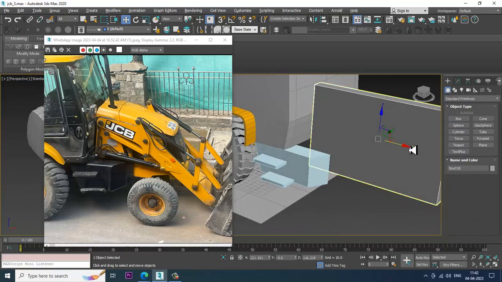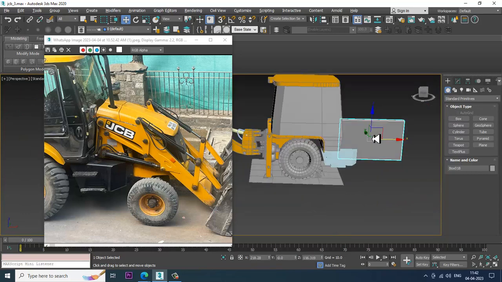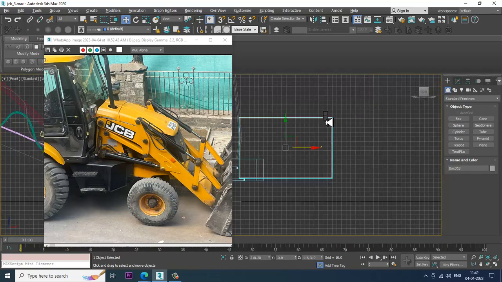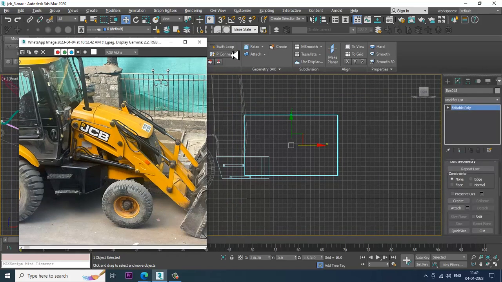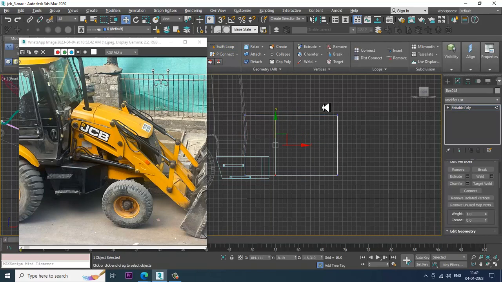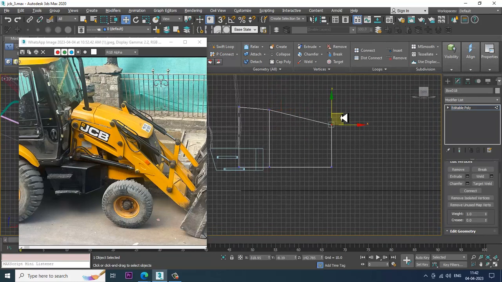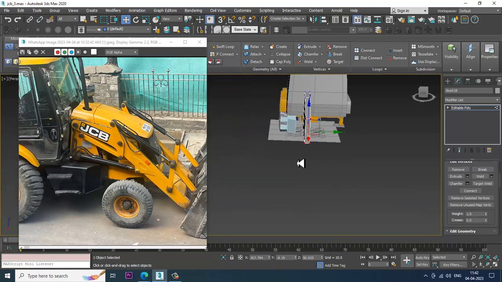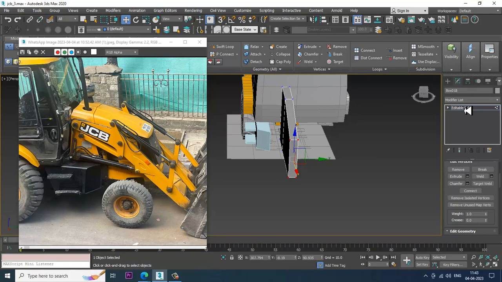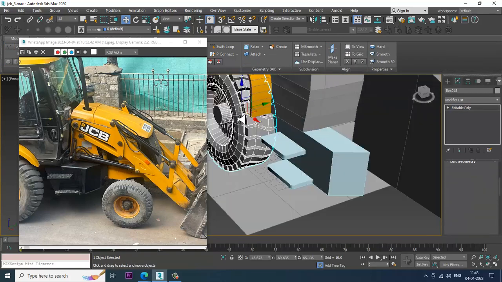So I'll just convert to poly. Let's put one swift loop. Shuffle this down. Push it out. Slightly adjust it in this way. So if you see this, let's just